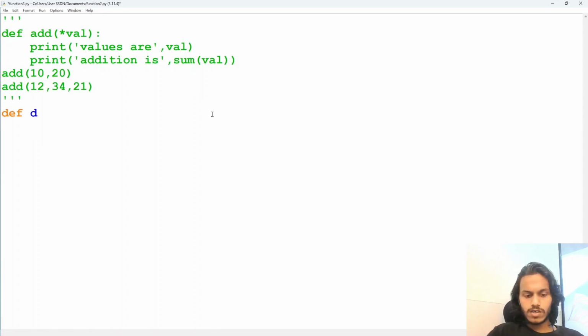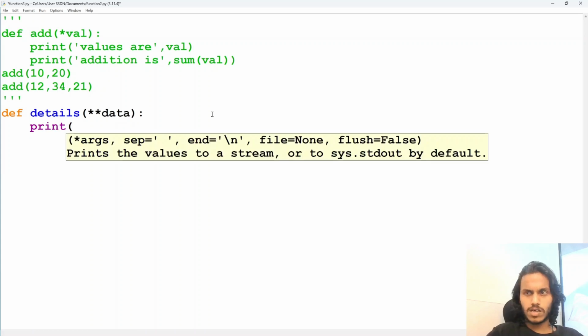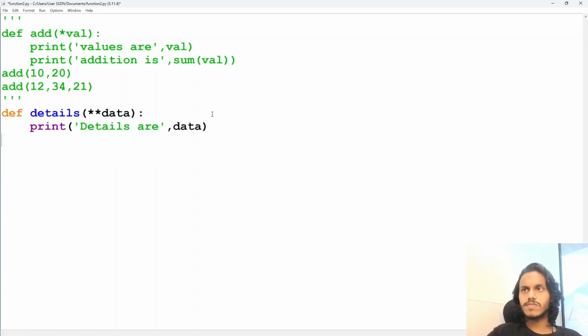For that I will create a function, let's say dev details. I don't know how much data it will take, so I'm using double star. Now I'll just print details. So details are data. That's it. Now if I write details like this, I have to pass the name of the argument and the value also. Like in this part, I'm only passing the value of the argument. Now I have to pass the name and value, like name equals Amit,